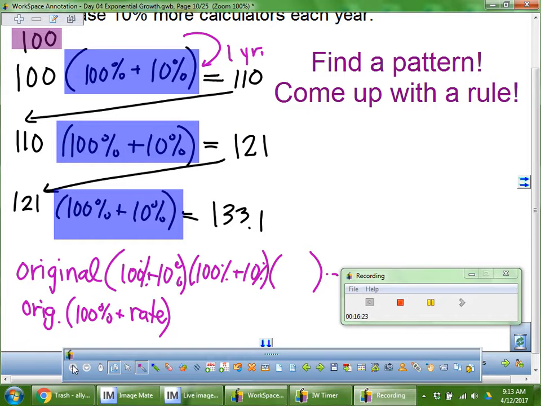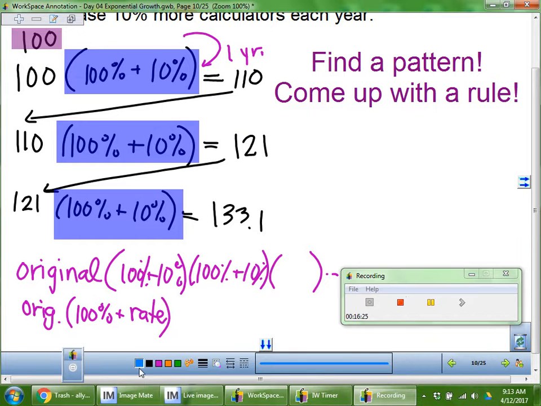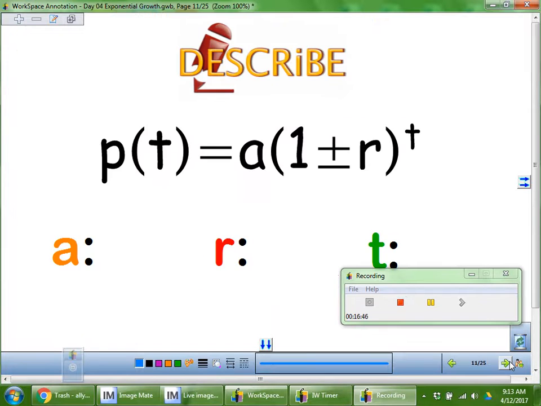Here's the grand finale. We don't multiply it times 12 for 12 years because that would be addition. We're multiplying. And how do we represent repeated multiplication? Exponent. T times. So I'm going to multiply this times this times this. So that's our big formula. Okay, so it looks like this. We've got our original amount,